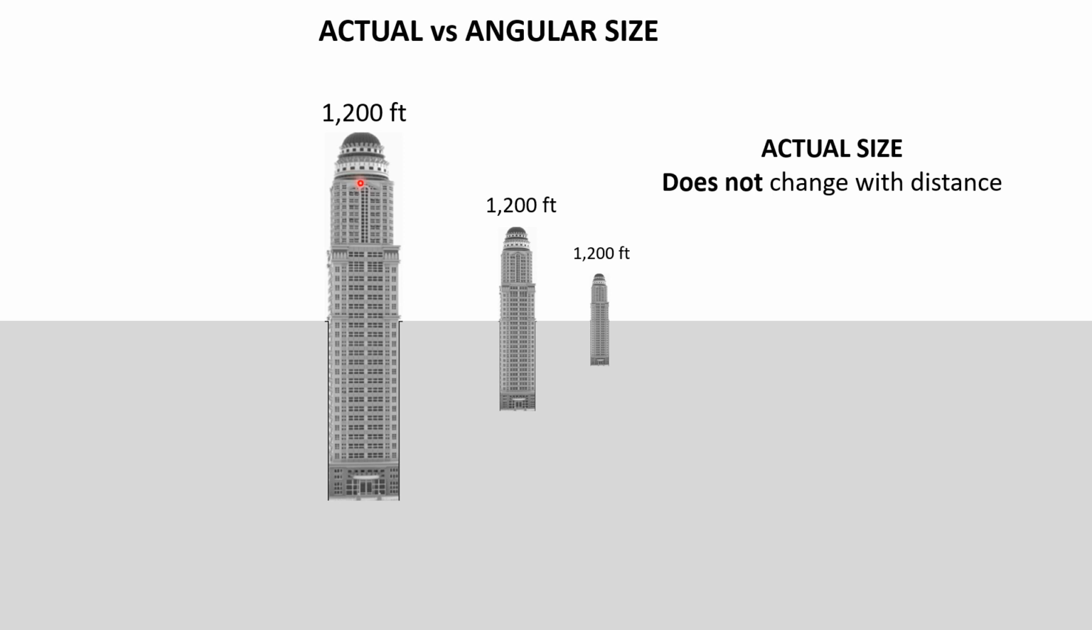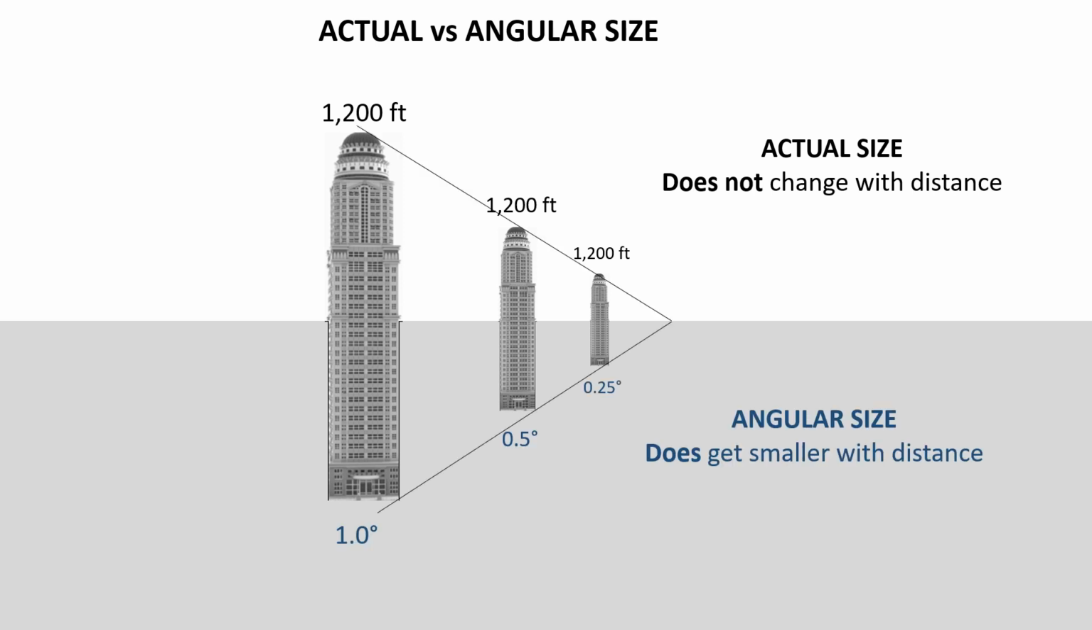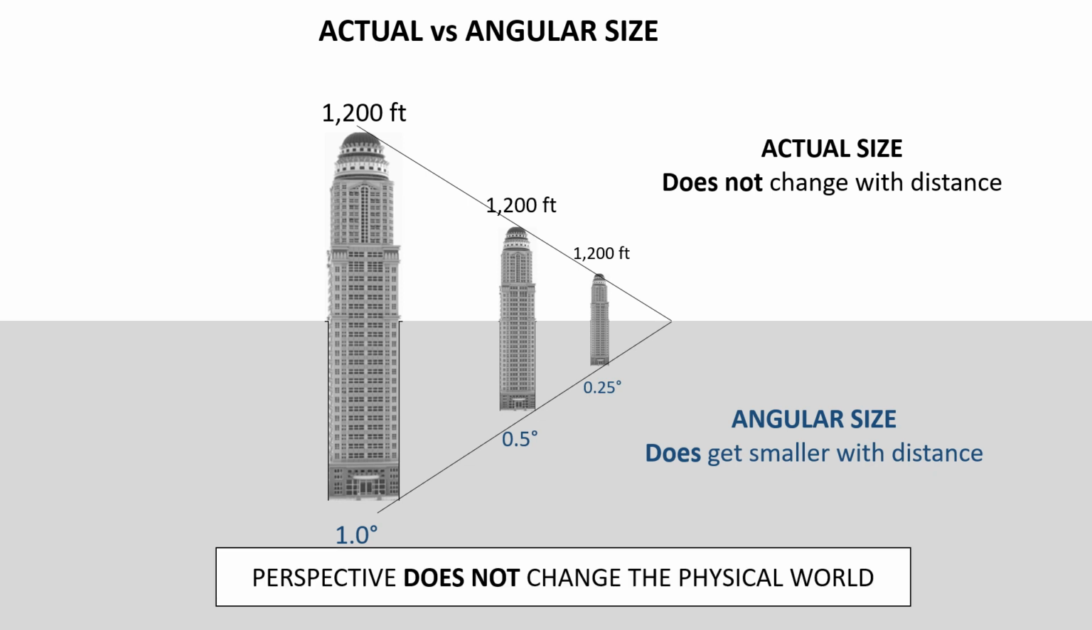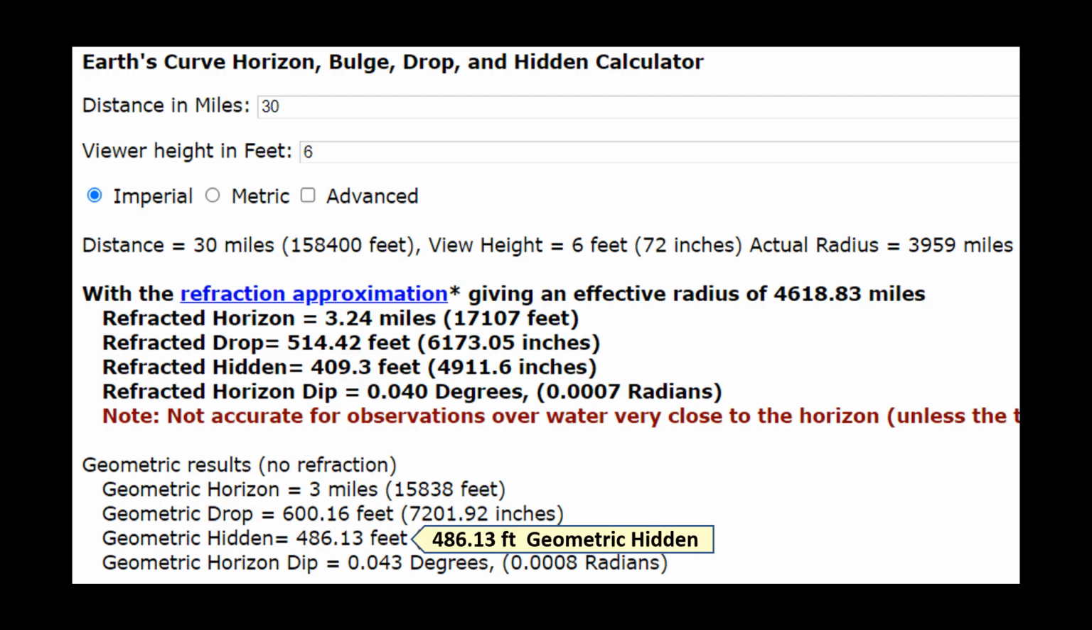So of course, no matter how far away this building gets, it is always 1,200 feet tall. And of course, the second method is the angular size, which does get smaller with distance. So perspective does not change the physical world, and this is why we use actual sizes and distances for geometric calculations. So let's use an example of a 6-foot viewer height at 30 miles, which gives us a geometric hidden